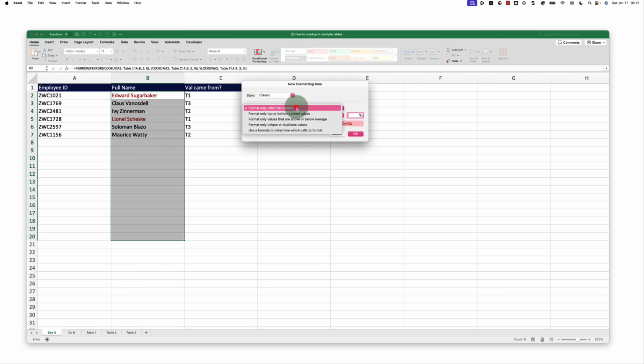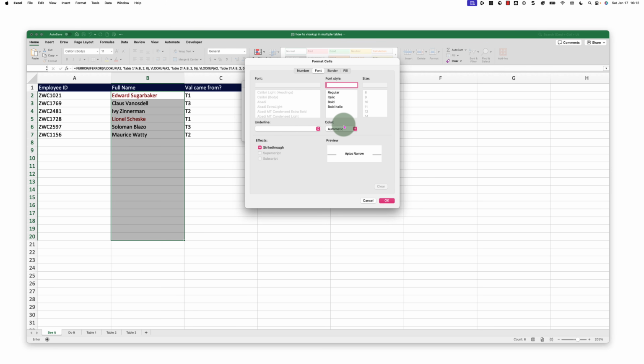Now, while I have that highlighted, I'll click on Conditional Formatting again, Highlight Cell Rules, More Rules, and again go to use a formula to determine the values. And then here I will say $C2 equals, in double quotations, T2, I want it to change to custom format, and I want the color of the font to go, say, blue. That's not that visible, so let's call it green. Okay,